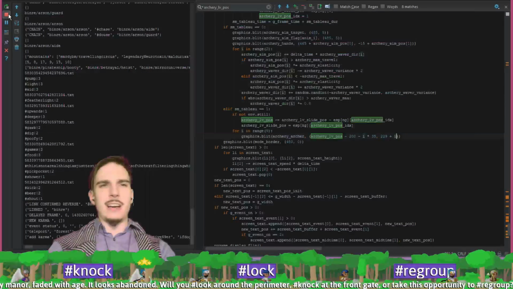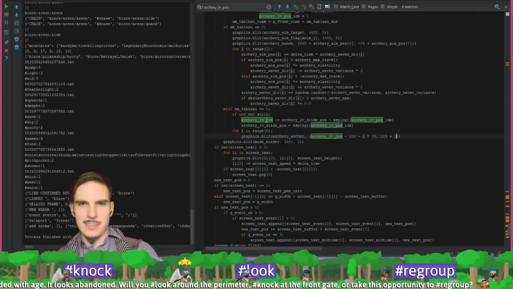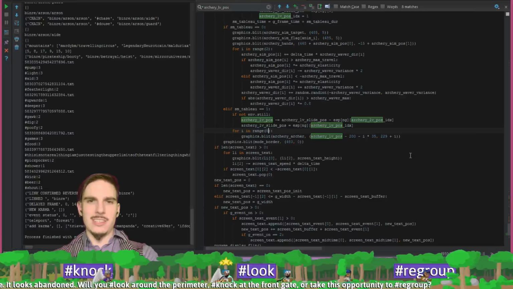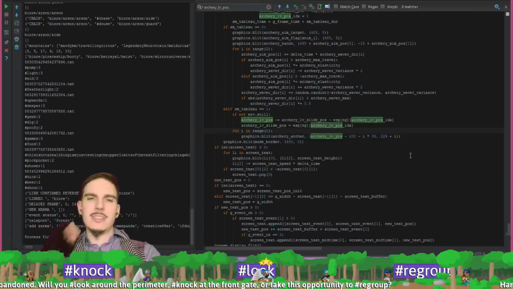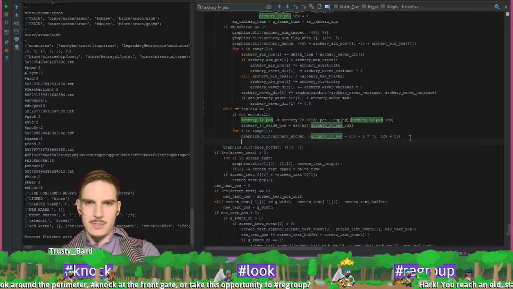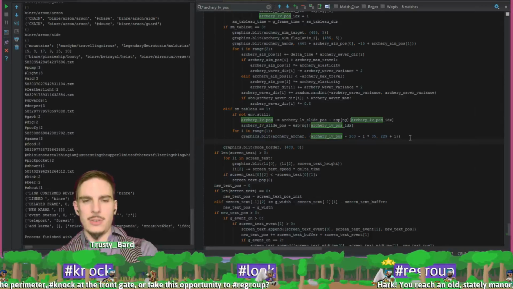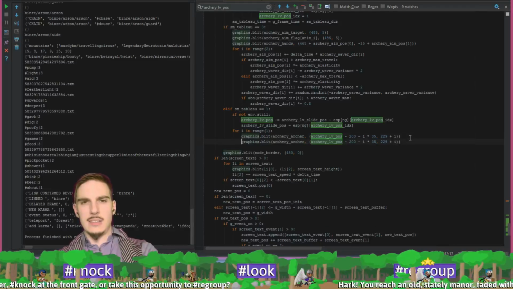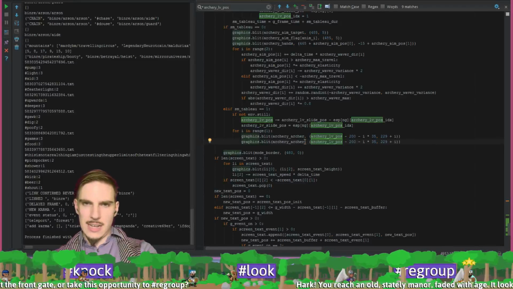In fact, for now I might just say for I in range 1. I will just do a single archer, just set up the scene. So it'll be graphics. So duplicate this because it'll also be archery long view